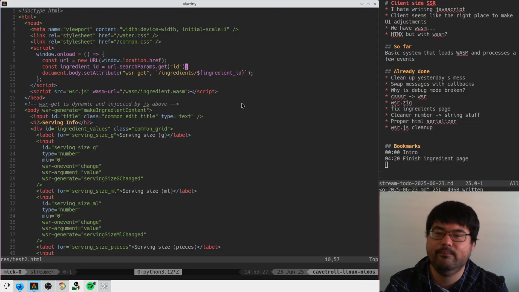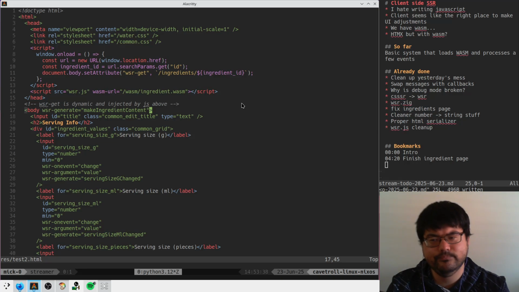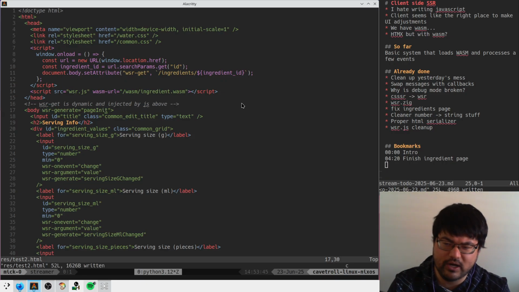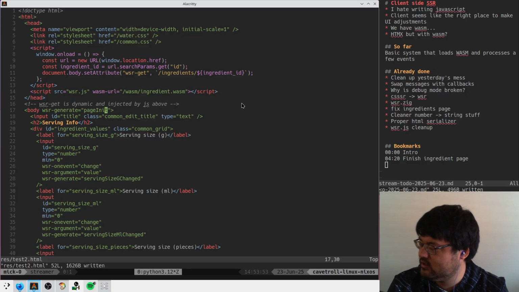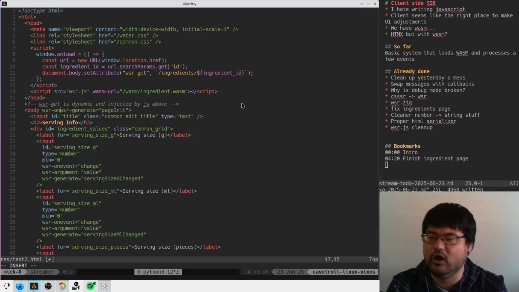So maybe there's something here. There's something here for sure. So we could just feed in, we could say run make ingredient. We could run page init almost, right? Page init, and he could take in... We could do this. We could do on event load call page init,